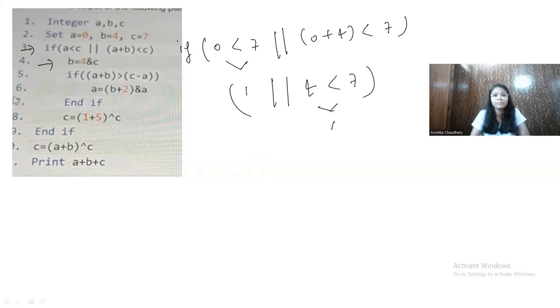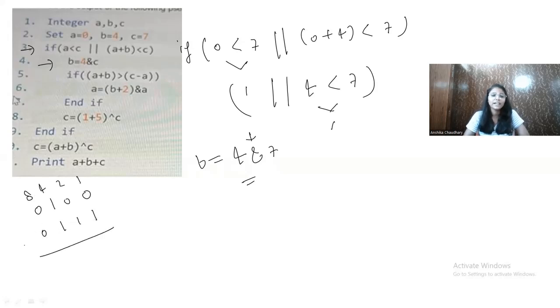We will come out here, we will update the value of b, that means 4 and c. So c value is 7. So this is bitwise AND, and we need to convert them first into binary, then we will take the AND operation of 4 and 7. So 4 in binary is 0 1 0 0, with place values 8 4 2 1, and 7 in binary is 0 1 1 1.